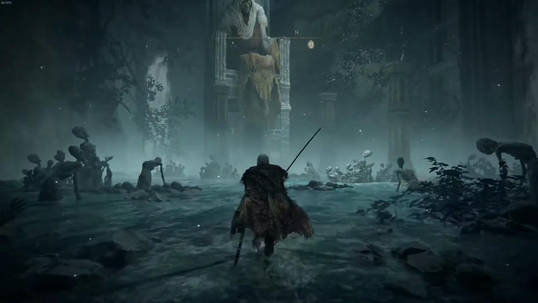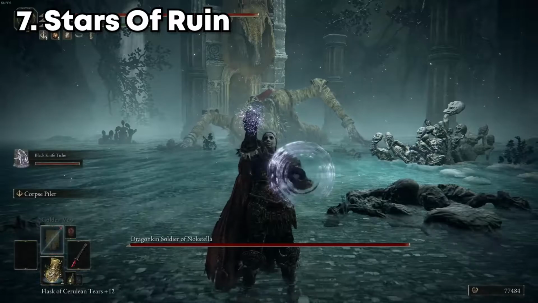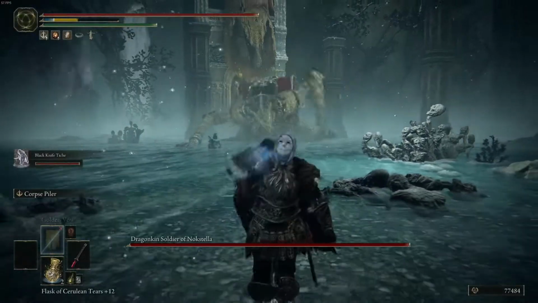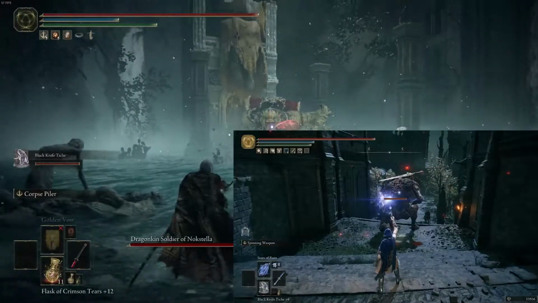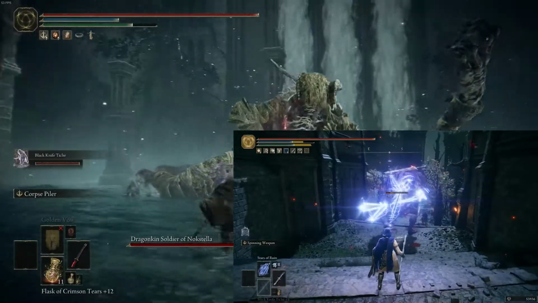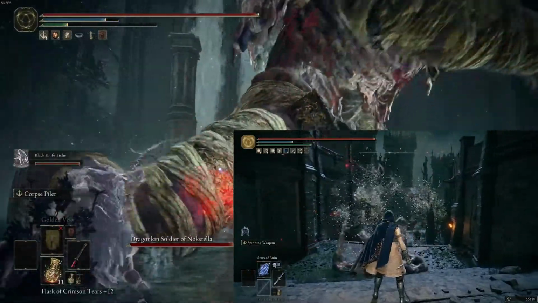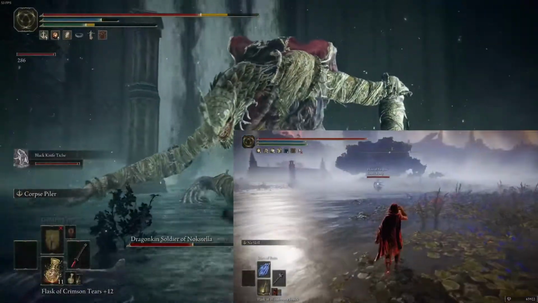Another one for you, PvP goons. We've got the Stars of Ruin. This has a very high amount of damage and stars that travel at the speed of light. This is already great in PvP because it's insanely hard to dodge all of these fast stars coming at you rapidly. And to make it even better,